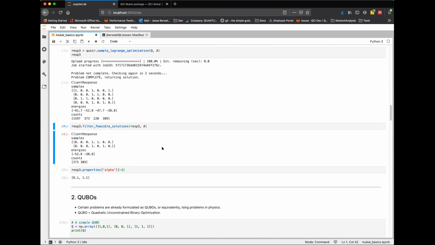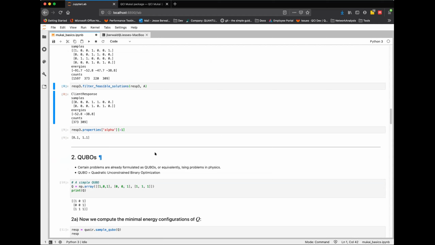So let me think. That covers very quickly 2 of the main components that we have: a hands-on constraint optimization solver and a slightly more automated constraint optimization solver with sample Lagrange optimization here.